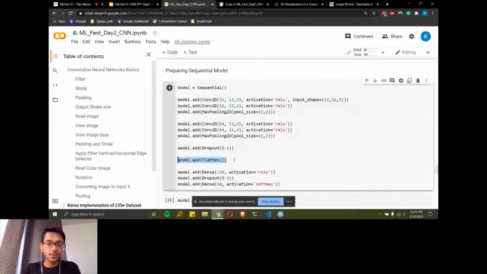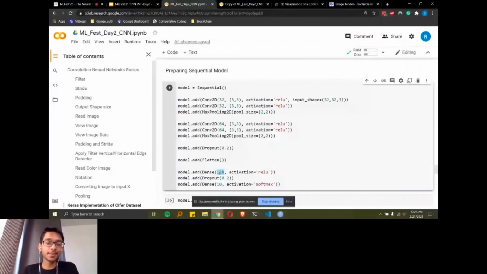After that we are adding a dense layer, like we had added dense layers in yesterday's session. Dense layers are nothing but neural networks connecting with each and every neuron present in the previous layer. Every neuron in this dense layer will be connected to all the flattened neurons present in the previous layer.